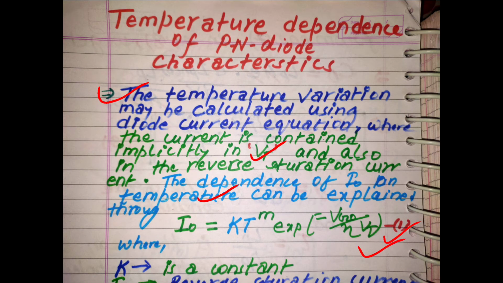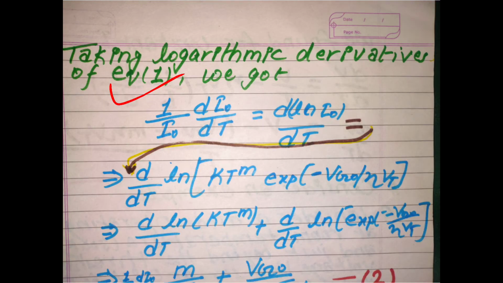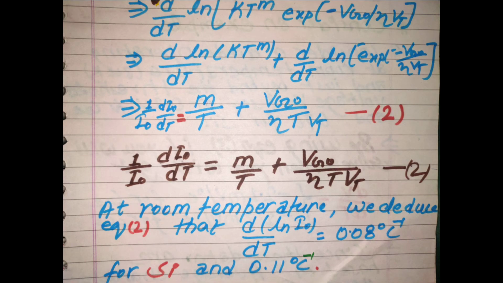Taking the logarithmic derivative of equation number 1, and solving this derivative, taking the derivative of every term, we will obtain equation number 2. At room temperature, we deduce from equation number 2 that d ln I naught upon dT is equal to